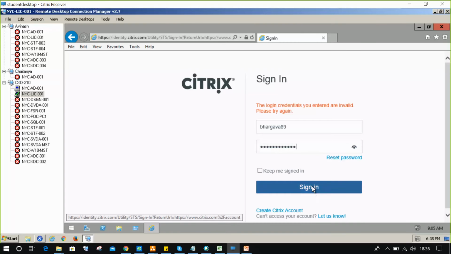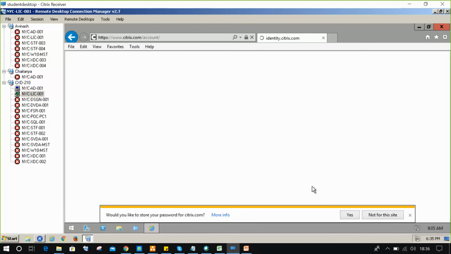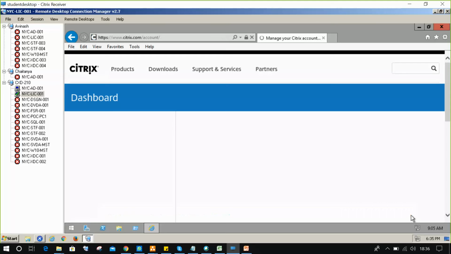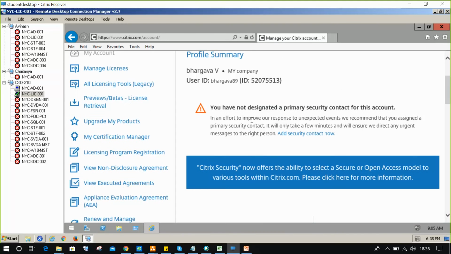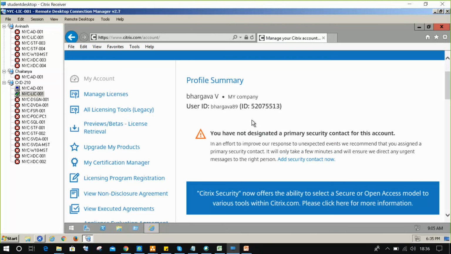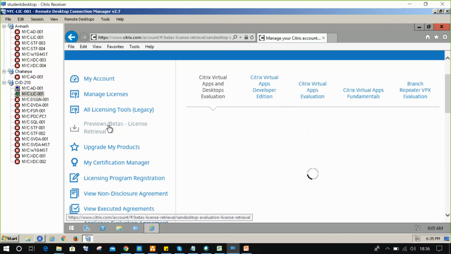So now I just sign in. So I logged in with the Bhargava account. So here I need to download a license file. So we have a preview betas license retrieval. You have to click on this.